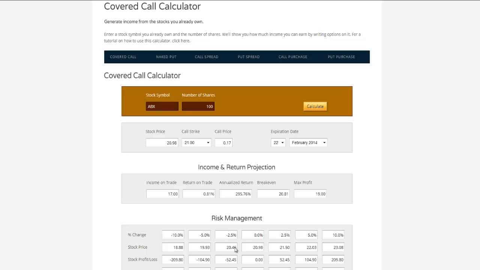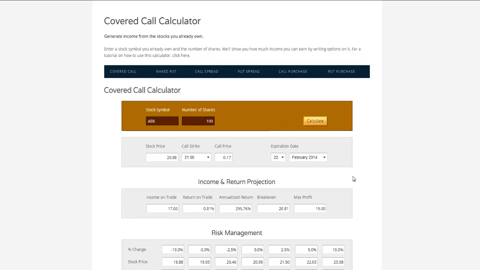So, it'll tell you basically the income that you can expect on the trade, the percent return that you can expect on the trade, what that would be if you got that return over the same period all year long, what your break-even point is, and then what your max profit on the trade is. So, for this example,